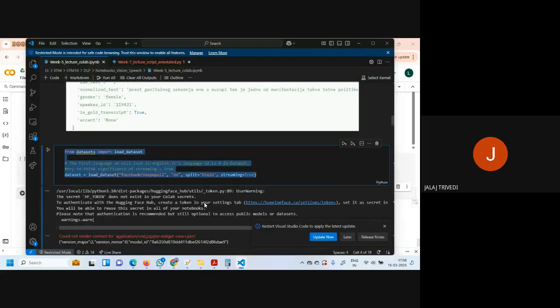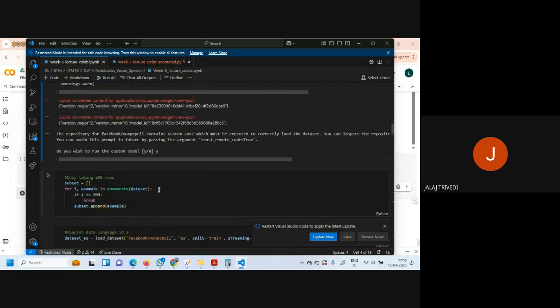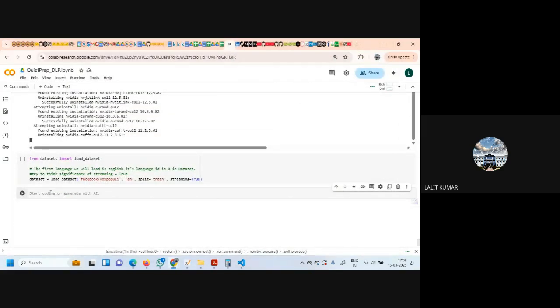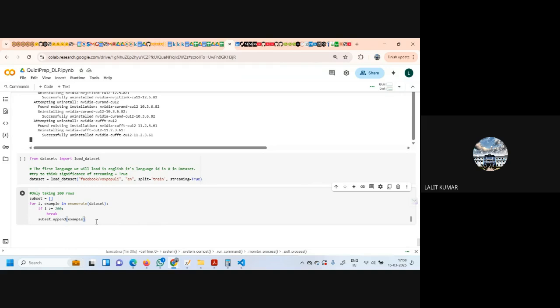Okay, then we go to the next step. Then he's taking the subsets again. So this we understand again, subset from the enumerate dataset, and we are taking i greater than or equal to 200, break. So we are taking only the first 200 sample points from this.